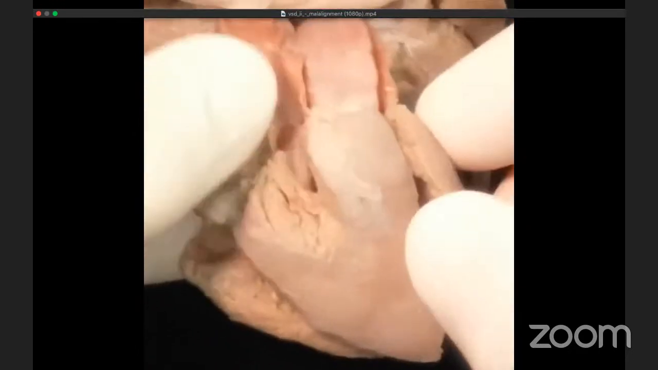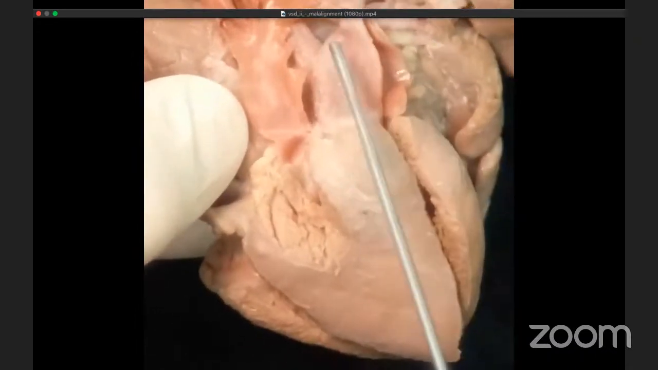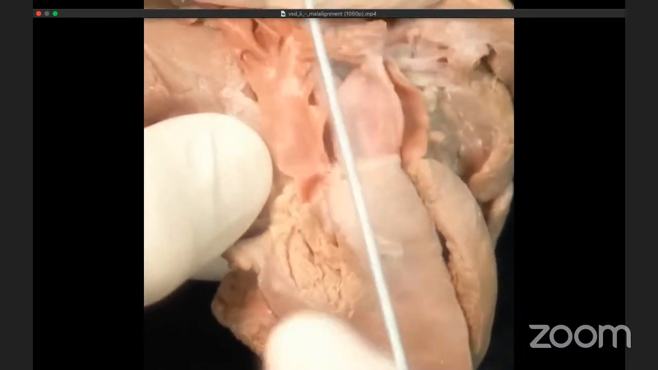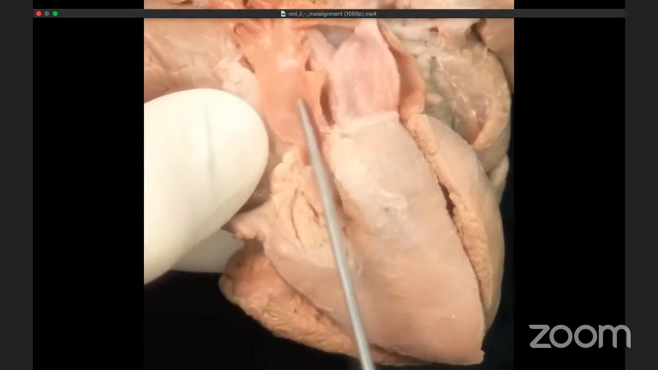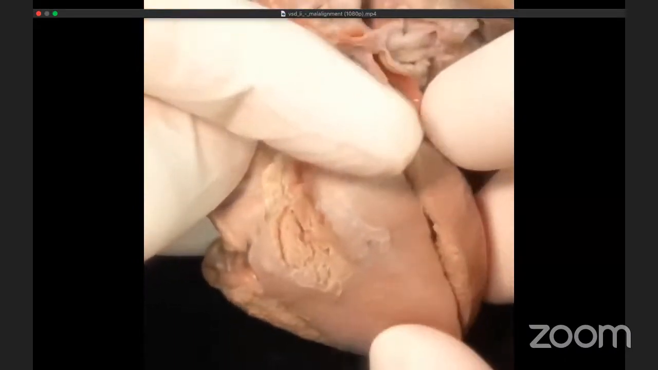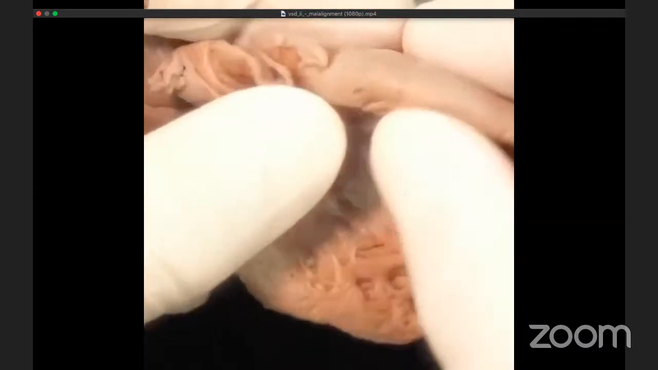Now, the second heart I'm going to show you again has double outlet, and has many similarities to the previous example. In fact, you'll see here we've got the pulmonary trunk, which is sitting to the left side of a smaller aorta, and both in fact are coming from the right ventricle. But let's look at the